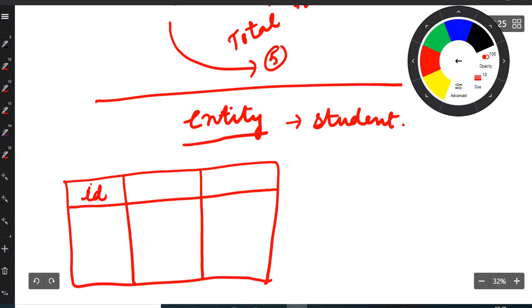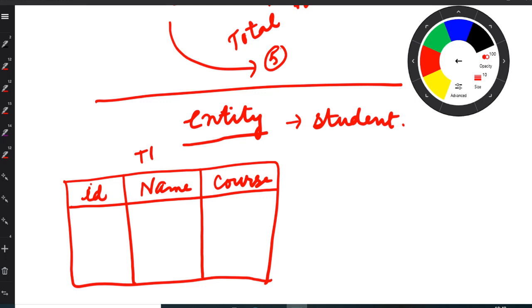ID for a student, name of the student, and course. Suppose my table T1 contains only 3 fields: id, name, and course.